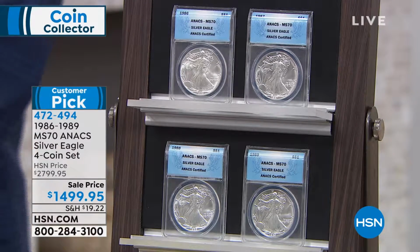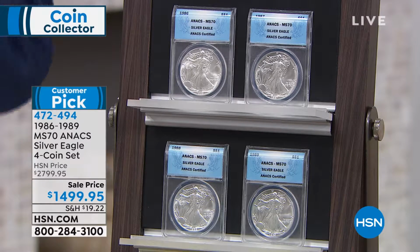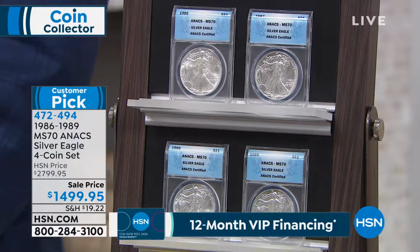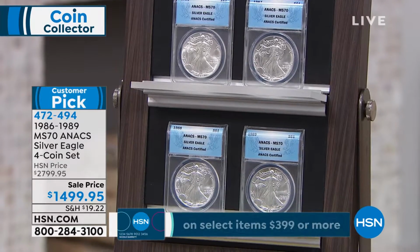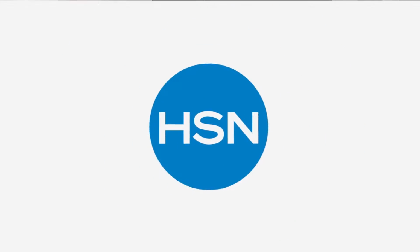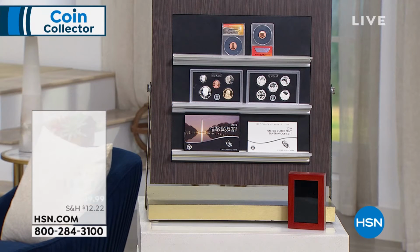Absolutely, and don't forget, even though it doesn't say it on the screen, if you buy this with the HSN card, we give you a year to pay it off with no interest. You can pay it off however you want. You can pay it off all at once. You can pay it off in 6 months. But if you do the entire 12 months at even payments, it's only $125 a month. Big, big deal. Again, $1,300 off. Plus, it's a customer pick. You guys love this set. We've got lots more goodies coming up, but